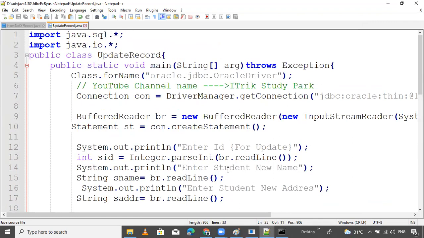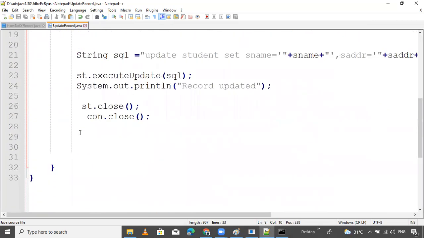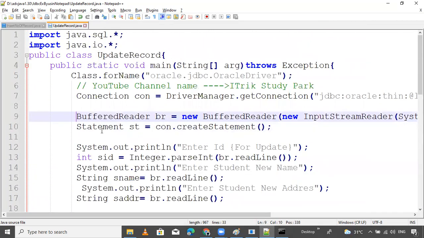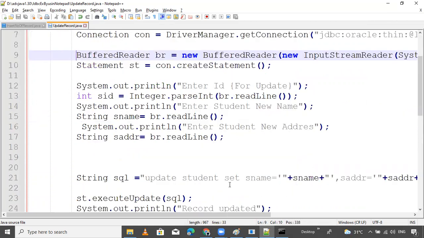So try some more modification. If you want to use Scanner here, you can use it. This is the more advanced feature. Scanner is the oldest one. So this is the example to update a record dynamically.